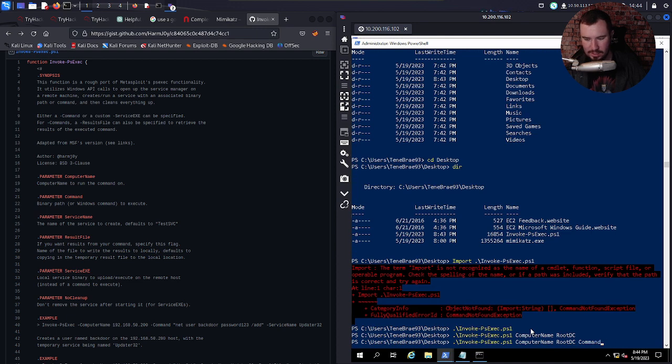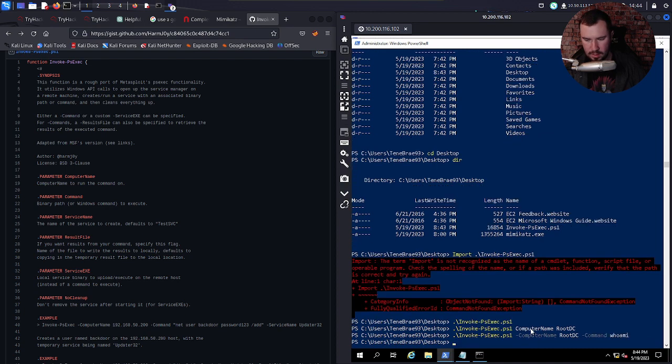I need to add switches. So if we do like computer name root DC command. No, that doesn't work.